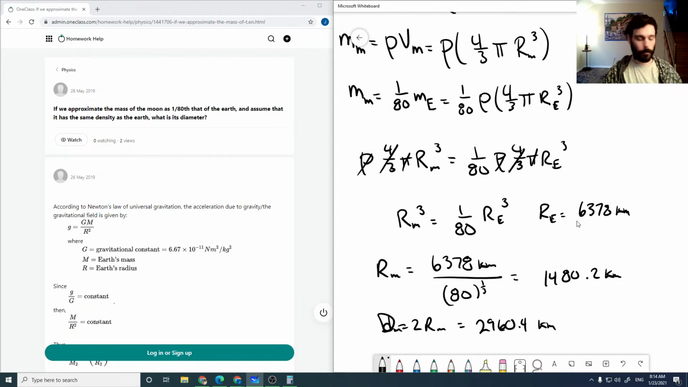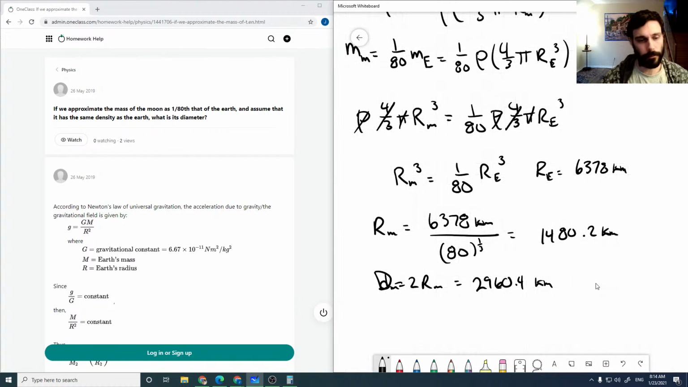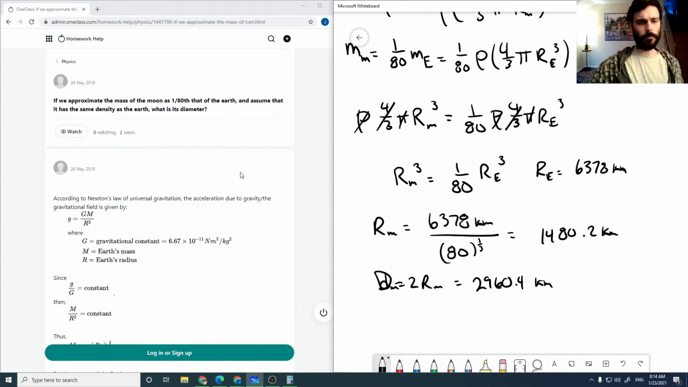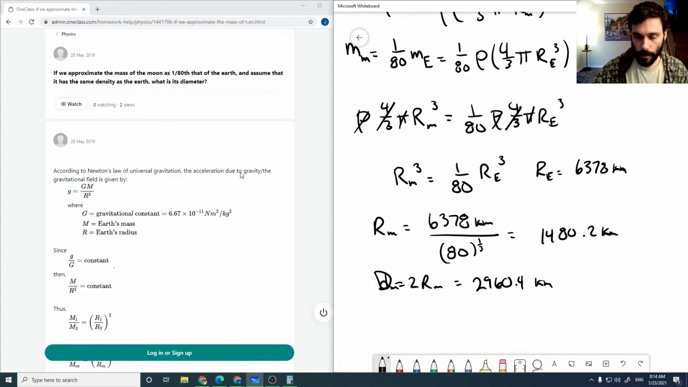If we quickly Google this, it comes out to be about 3,500 kilometers, so not a bad assumption there. And of course we made a few assumptions, that it was spherical and whatnot. Okay, so